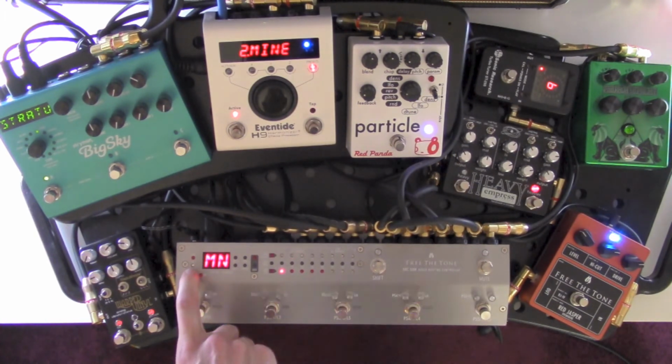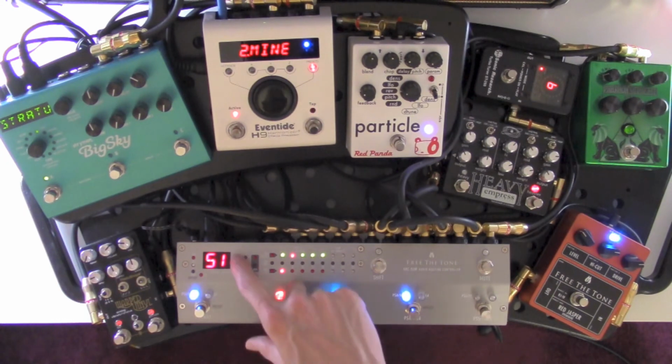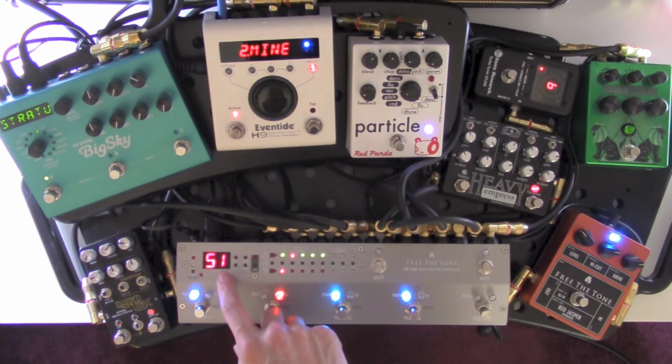We're going to use CC messages to turn those pedals off. I'm going to go into the MIDI menu, CC messages, enter. You can have up to 4 CC messages being sent per preset. Send 1, 2, 3, 4. So for the first message, let's go in,